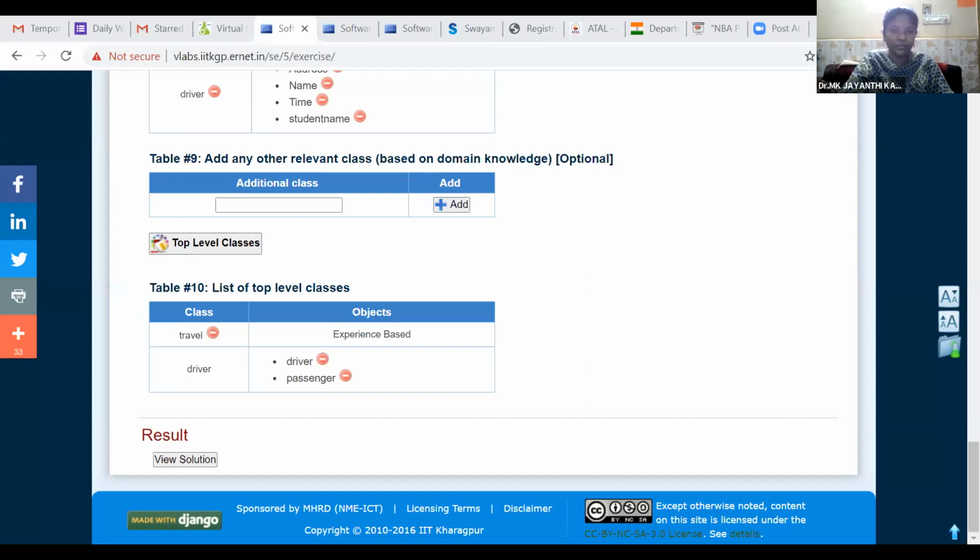So like that, for any given scenario, we need to analyze the given problem in the given domain. Then we will identify the nouns and keywords associated with the problem. Then we will categorize the nouns into places, people, things, and organization. Then we will identify the valid classes and the attributes associated with the classes. Then various transactions which we can perform on the classes. So like that, we need to analyze for any given scenario, according to the given case study or situation or the problem statement or project specification.